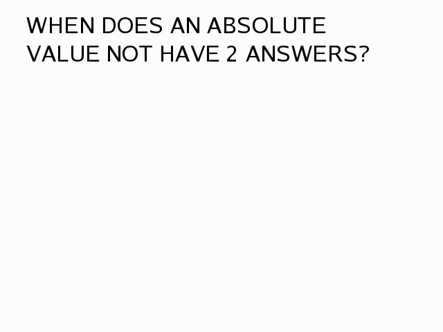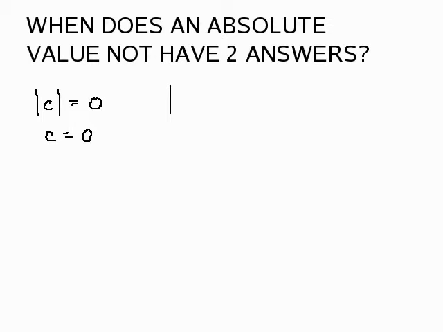When does an absolute value not have two? That's a good question, because inquiring minds may want to know. Let's take a basic one here. What if someone gave you the absolute value of C equals 0? Now, you couldn't say C equals 0 or C equals -0, for 0 has no sign. So in this case, you would only get one answer for the absolute value.